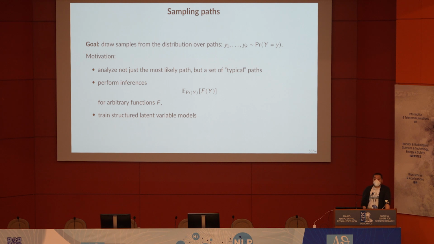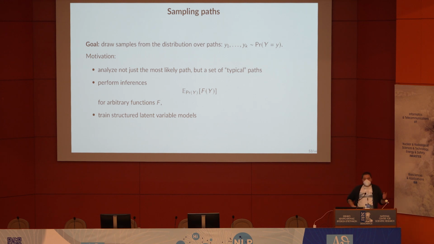We now are armed with two great algorithms for dealing with path problems in DAGs. We can find the maximum scoring path, and we can do log-sum-exp over all paths to compute the normalizing constant. I'm going to show you one third thing that you can do, and it also falls into this framework very nicely. So if we built up to this point, why not add also this to our toolkit? We can sample paths,